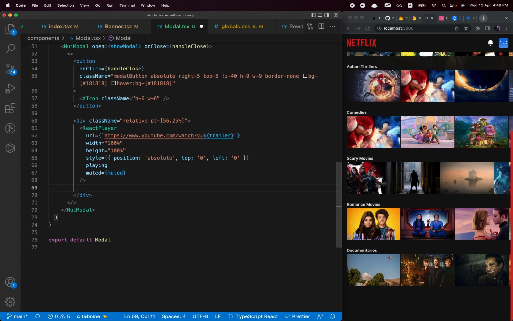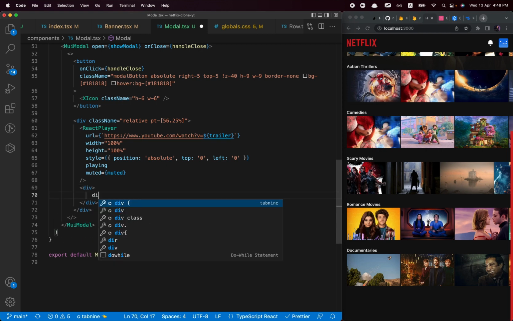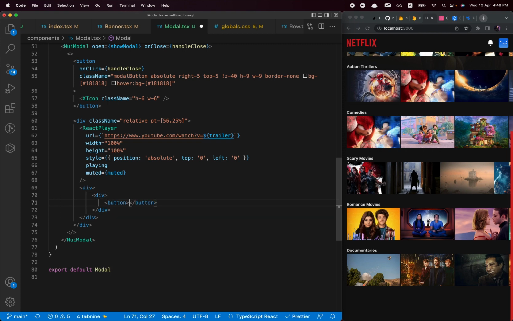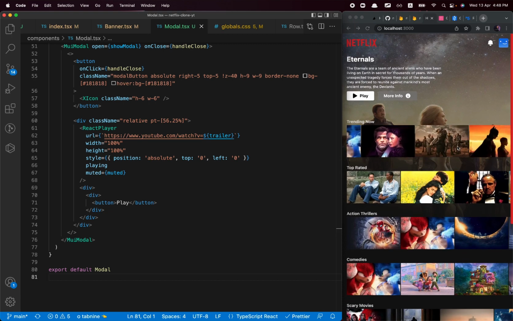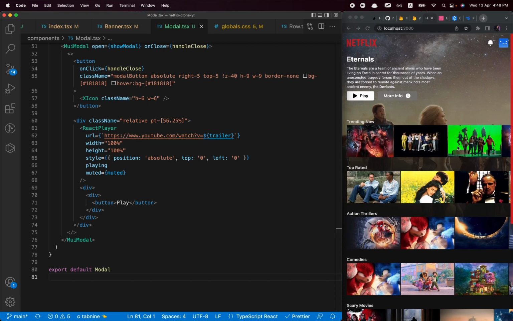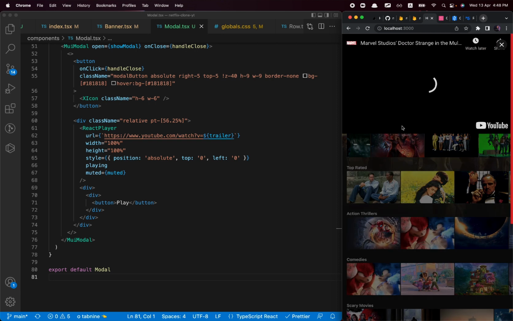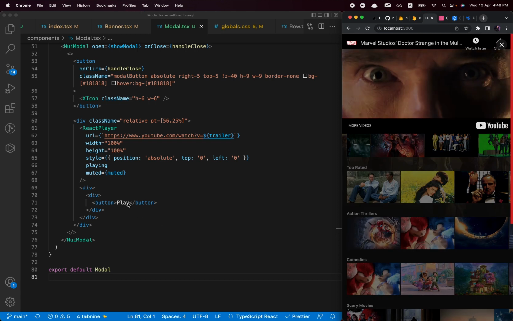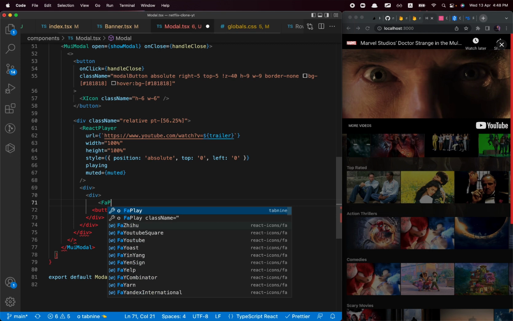So outside the React Player, we're going to have a div, right? And we're going to have another div inside here, and then we're going to have a button. Now this button is going to be a play button, right? And let me click on my favorite movie, which is going to be Doctor Strange. This one. This is going to be my favorite, definitely. So let's keep building. We're going to have a play button, and we're also going to have an icon of FA play,